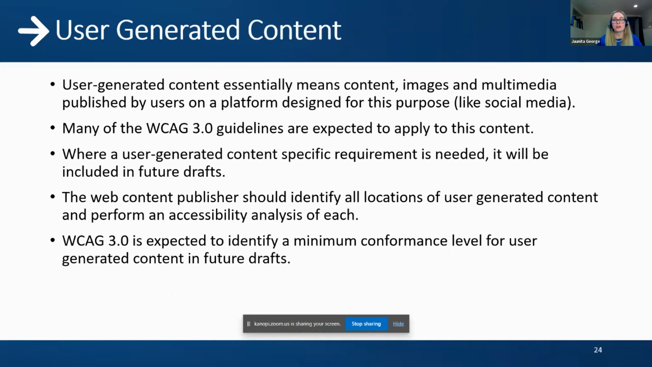There's also a section for user-generated content. User-generated content is basically meant for platforms that are designed to collect user content, like social media, blogs. Instagram, for instance, is one where they're collecting a lot of images from users, and the content moderator,